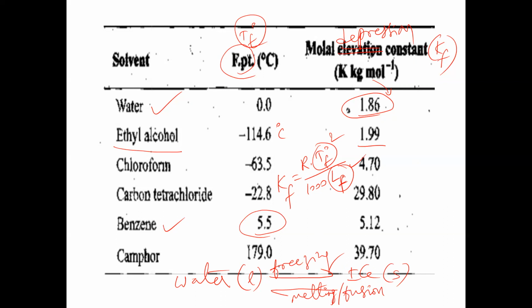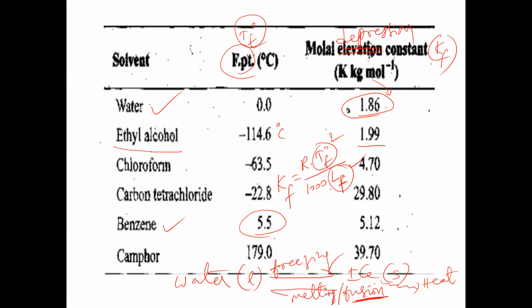Now, melting point means what? The fusion point is the temperature at which solid ice melts into liquid water. And freezing point is the temperature at which liquid water converts into solid ice. During the freezing process, some amount of heat energy is lost by the water. The heat energy is lost by the ice, and this heat energy is called the latent heat of fusion.